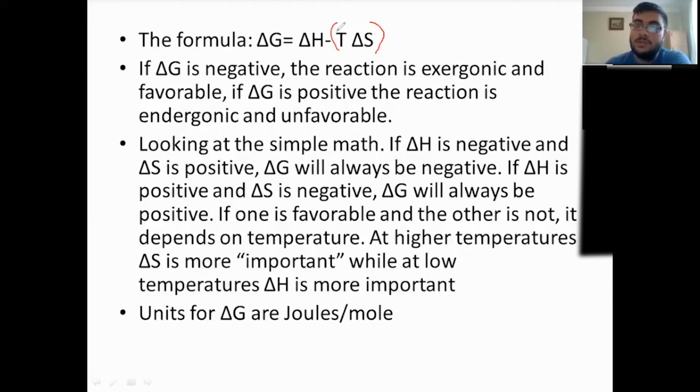If, however, you increase the temperature, temperature is very high, delta S wins because this value is big. If you have a small negative value plus a big positive value, the result is a positive value, which is unfavorable, just like the delta S. That may be a little bit confusing. Do you guys have any questions or anything about it so far?